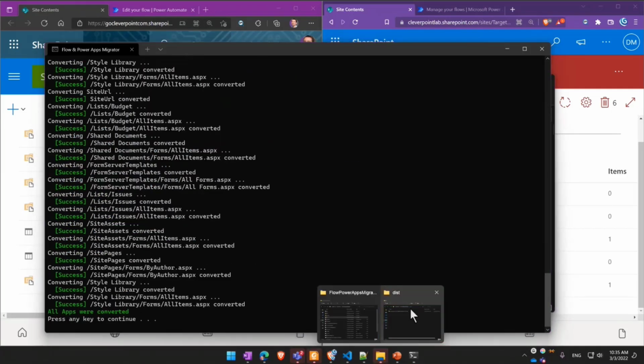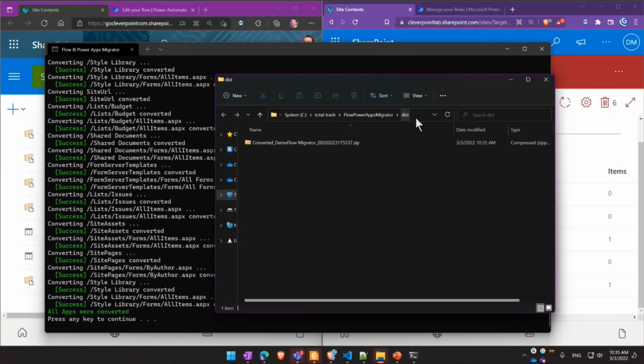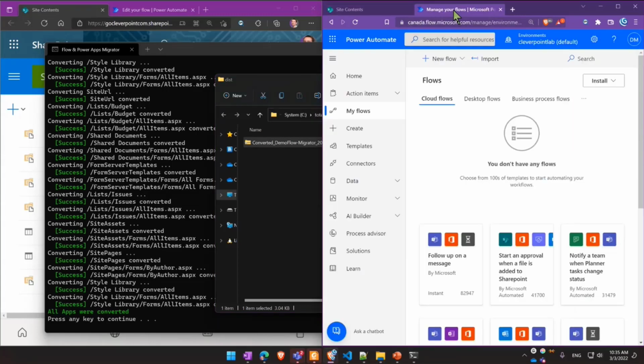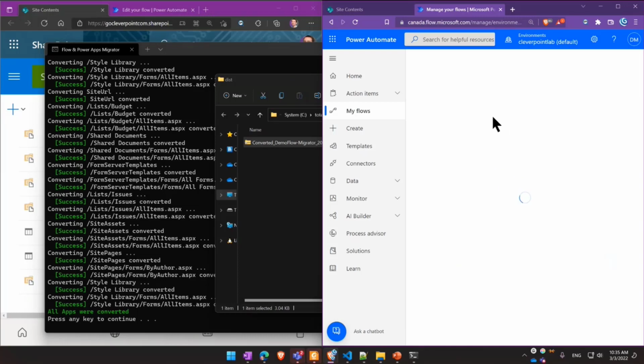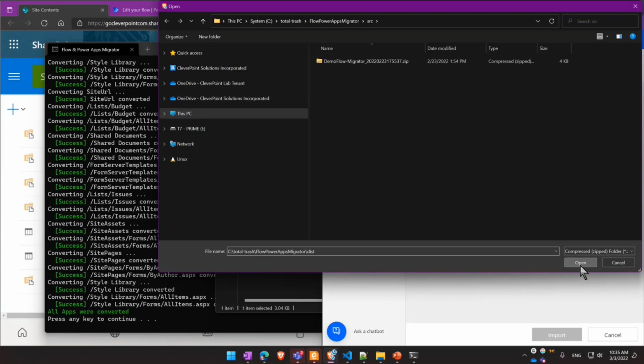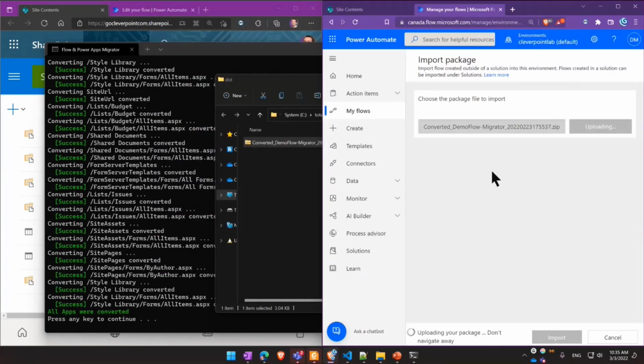And once that's done, the dist folder will be automatically opened. This folder now contains a converted version of a package. So this converted package has an advantage. When I import it, you'll see in a few moments that it won't ask me to manually correct SharePoint dependencies like lists, libraries, views.